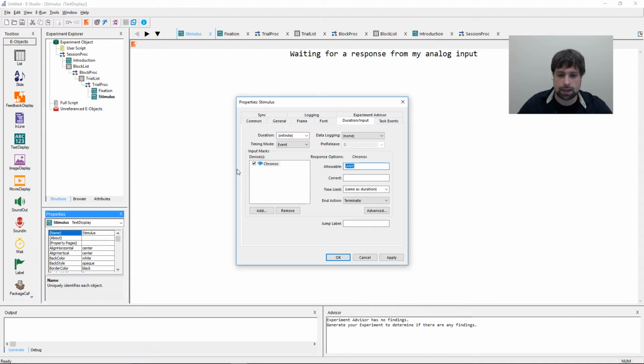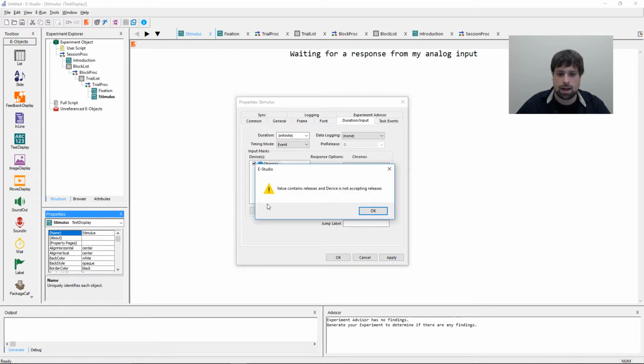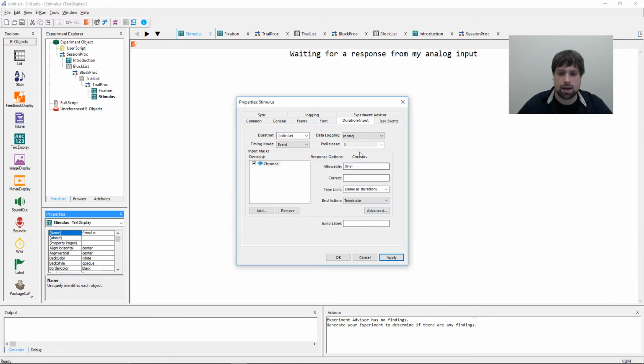Now for Chronos, I'm going to add a 9, because analog in for the first channel, so analog in 1, is a 9, and then as a release for that, I'm just going to put -9. Now right here it says value contains releases, device is not accepting releases. So that's something that I'm going to have to change on the Chronos device itself. But for now, we'll just keep this at 9, so it's just waiting for an input from the Chronos device